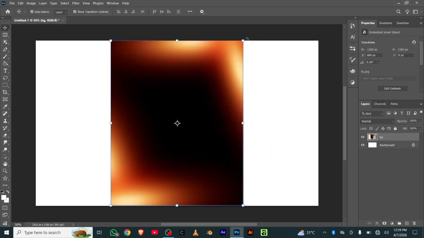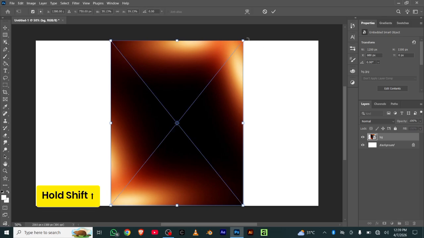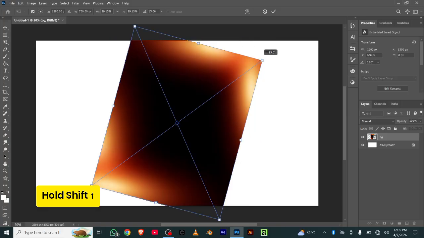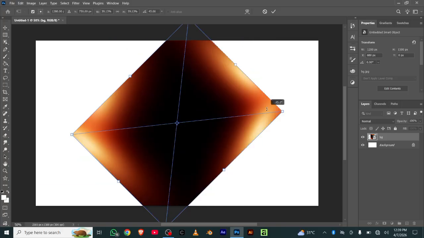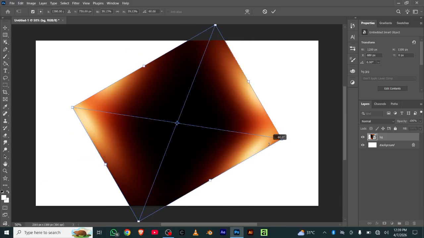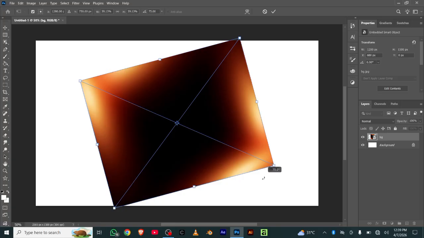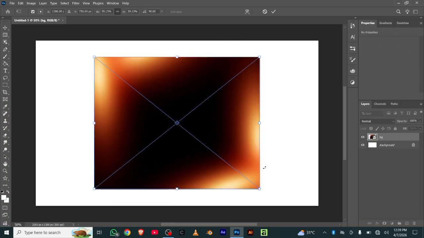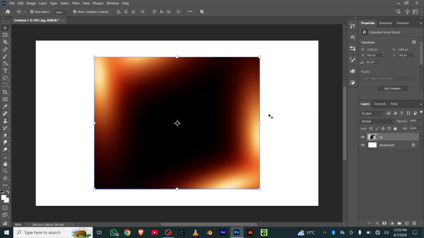And what I'm going to do is I'm going to hold down the shift key, and this is going to allow us to rotate it by 45 degrees. As you can see, the accuracy is wonderful. So something like this, and yeah, I'm going to hit OK,